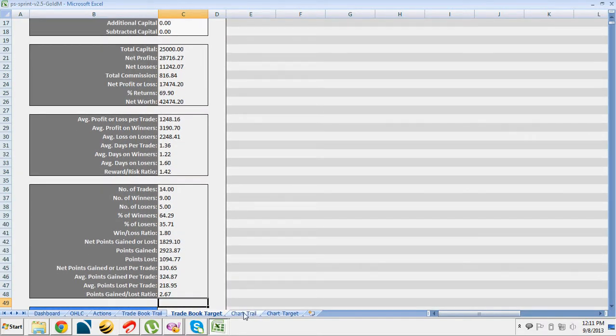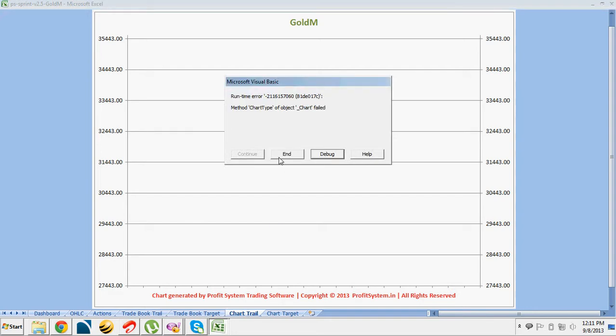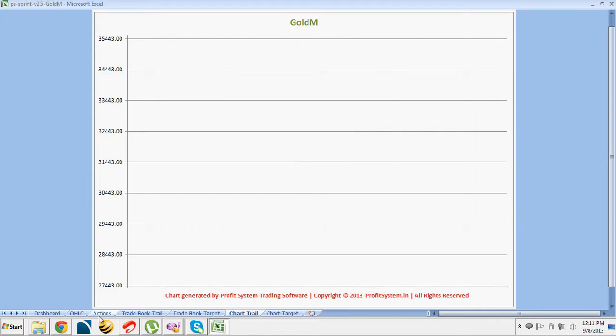And then you can click on chart trailing. So this will give you this runtime error, which means that the row selected is not within your range. Let me show you how to correct this.